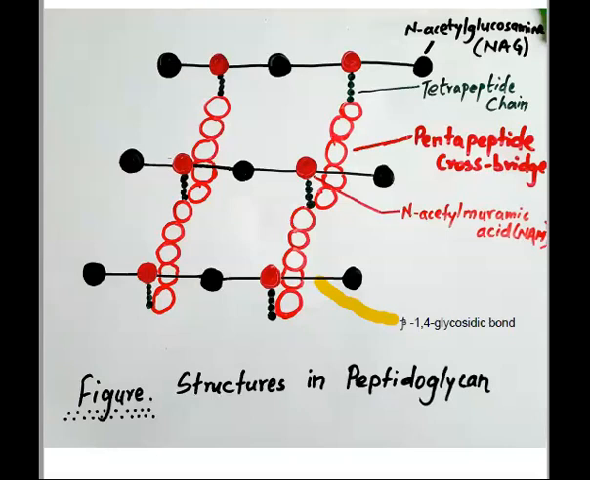Peptidoglycan is also called murein. Peptidoglycan is composed of alternating amino sugars, N-acetyl muramic acid and N-acetyl glucosamine. The N-acetyl muramic acid and N-acetyl glucosamine units are connected by beta-1,4 glycosidic bonds, and the N-acetyl glucosamine is observed to be continuously linked with another N-acetyl glucosamine